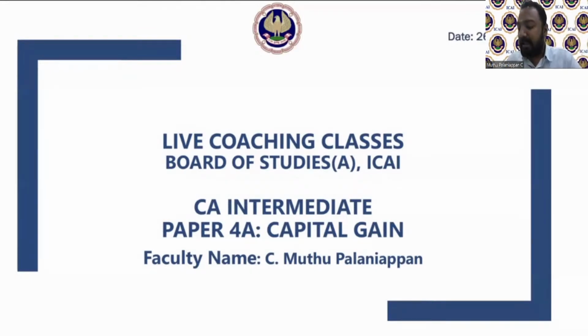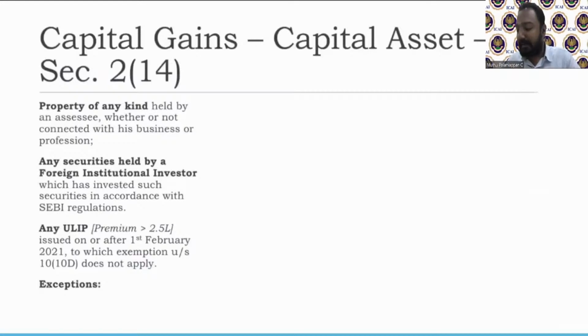So we'll understand the first concept, capital asset. To know what is capital gain, we should first know what is capital asset. Only then will we know that capital receipts from such assets lead to capital gain. So this is what we are going to discuss right now. What exactly is capital asset? As the word goes, it is property of any kind. When you say property, they are not restricting it to movable or immovable; it includes both movable property and immovable property.